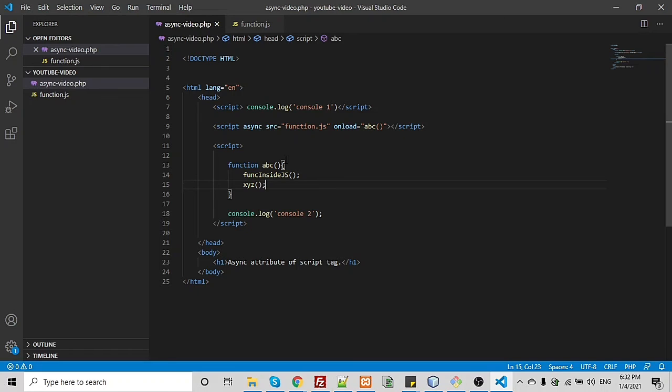Because when any external script is called, it blocks executing another line and it waits for the fully loaded. Here we have a single external script. Suppose we have 10 external scripts, and you can think how much time it will take to load 10 external scripts one by one. That's why we use async attributes to parallelly request for all the external scripts, and one by one, anytime they get the response, they are executed accordingly.